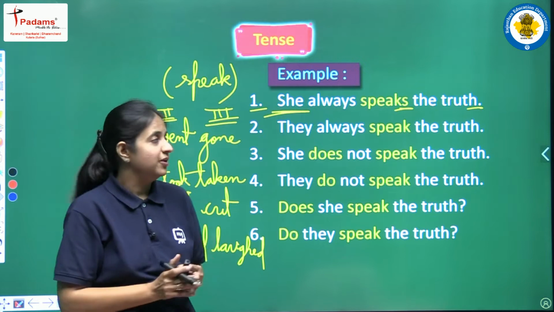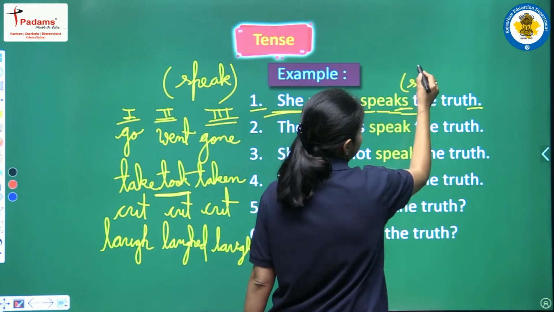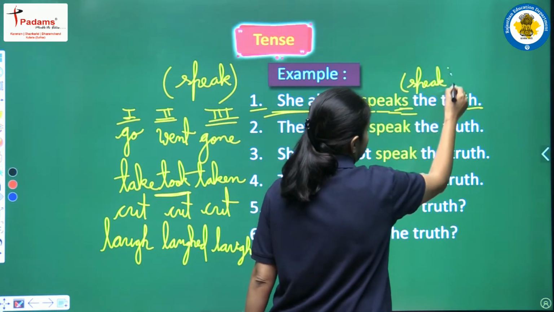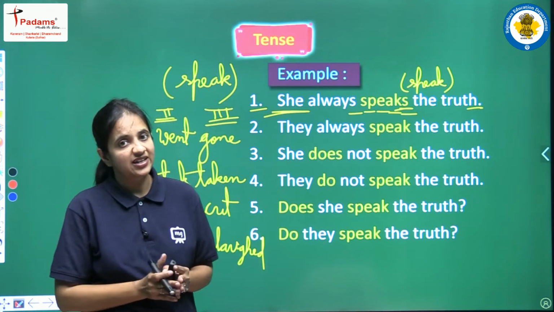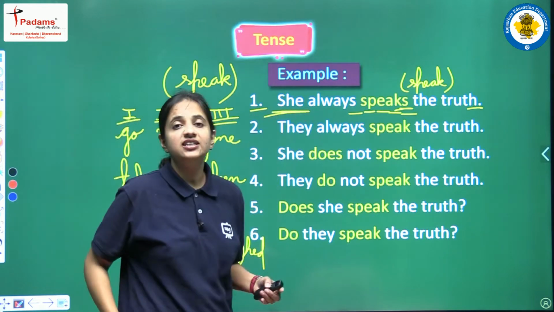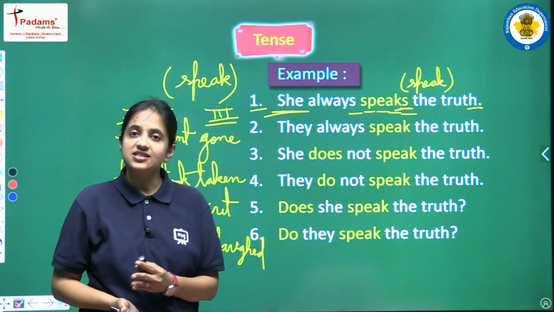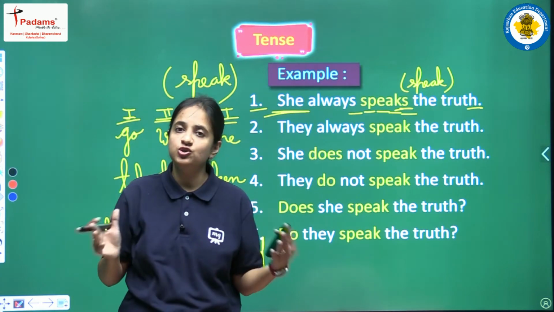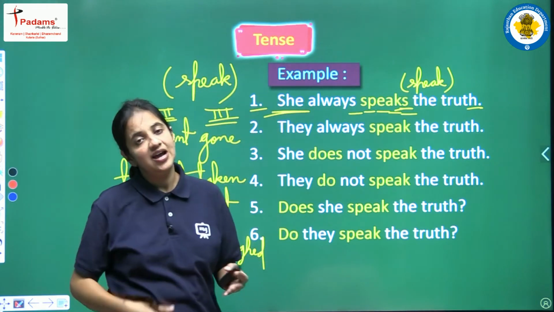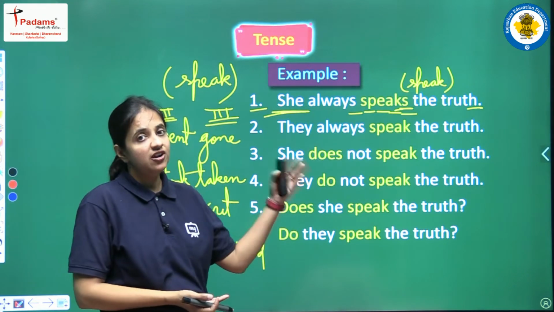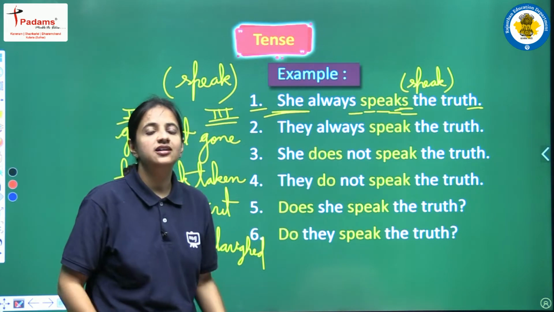Clear? So आपके एग्जाम में you will have this sentence and here you will get one blank and in the bracket you will have speak. So after reading the sentence, after observing the kind of sentence, you have to write the correct form. So first of all, we will observe that this is a positive sentence. Second, we will observe that we are having a singular subject. So first thing that is clear, that we won't use do or does, we won't use any kind of helping verb. And if the subject is a singular, then yes, we have to add s or es. So we will write the correct answer, speaks here, and the sentence will be she always speaks the truth.